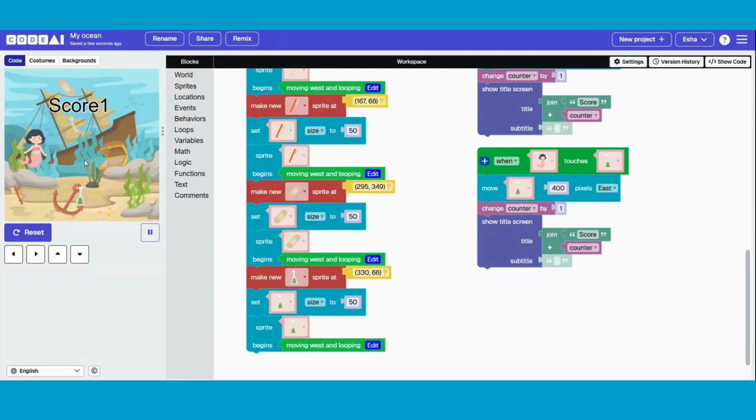We click that, and then the mermaid can go all around and swim, catch them. She can even go back, forth, right, left, everywhere. Perfect,